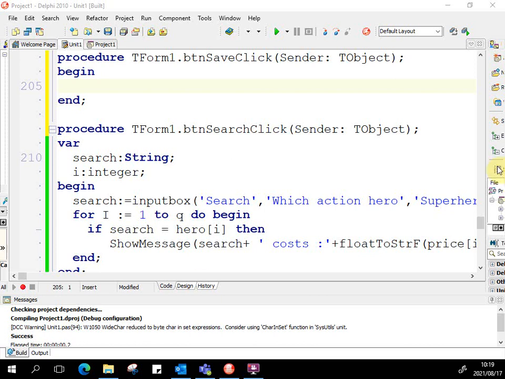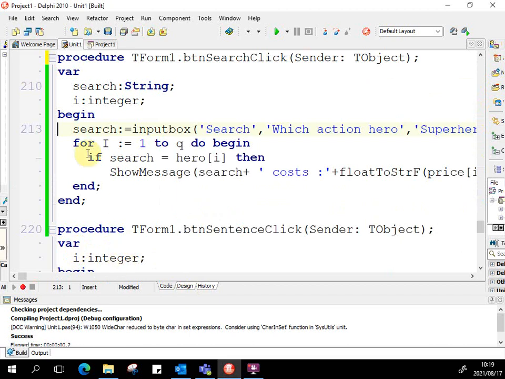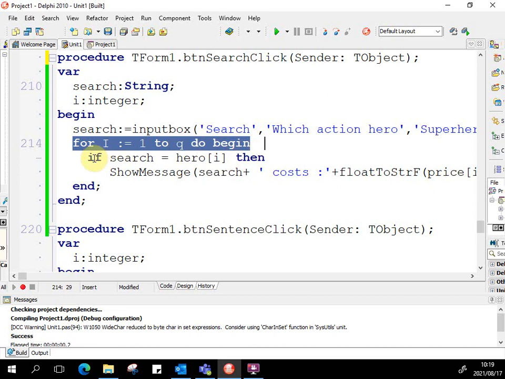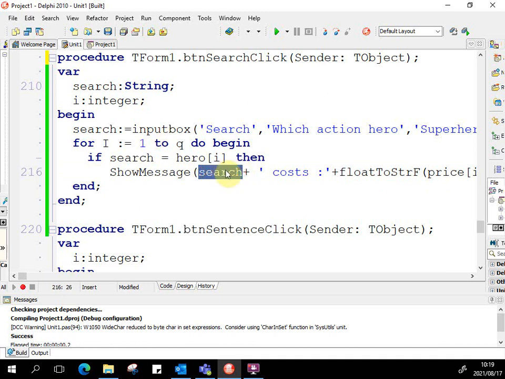Okay, people, so let's just quickly recap and then we go to the next one. So for the search for price, first part was we had to ask which superhero are we looking for. Then we made our for loop to go through the whole array. Then we compared each of the heroes in the array to the one we're looking for. And once we found the correct one, then we just went and displayed the hero's name that we were looking